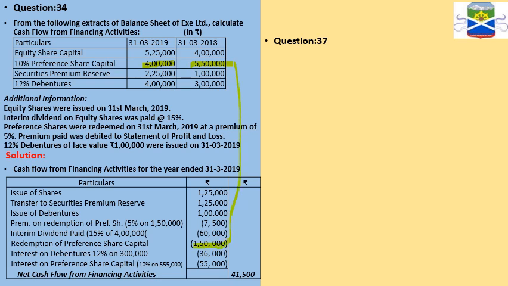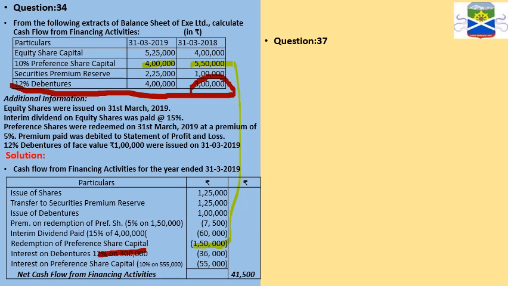And now interest on debenture, we have 12% on 3 lakhs. Again 12% of 3 lakhs, that means your debenture is 12% debenture, and it will be calculated on the opening balance. So that's the interest. And dividend on preference share capital, that is 10% on 5 lakhs 50,000. So again this part will be on the opening figure, interest and dividend.